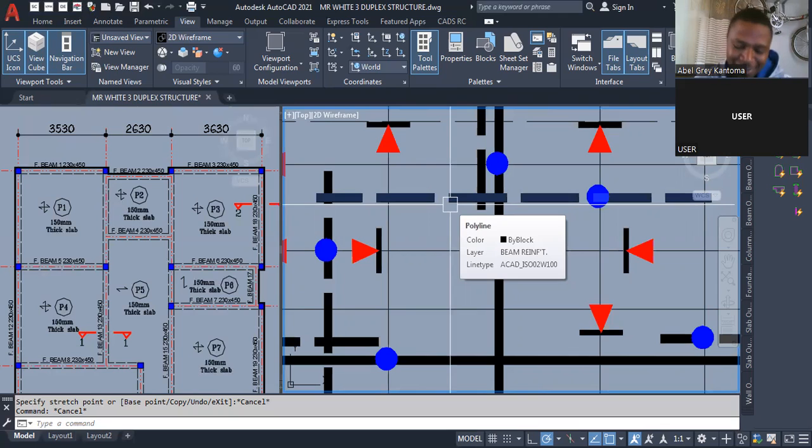An engineer told me that one of the functions of the top distribution bar is to help redistribute the load on the slab. To help spread out the load on the slab, on the beam, sorry. That is why, from the name, it is called a top distribution bar. So as the name implies now,